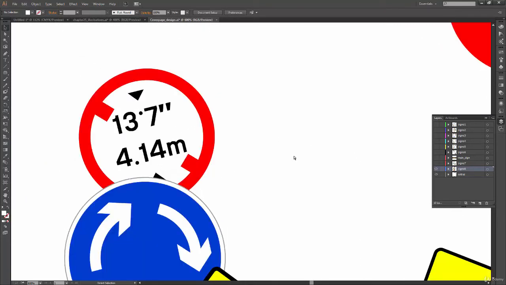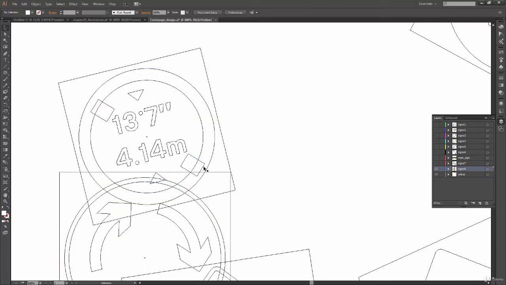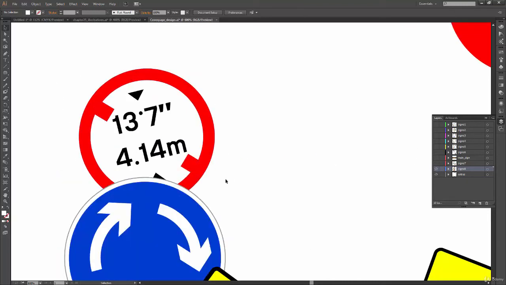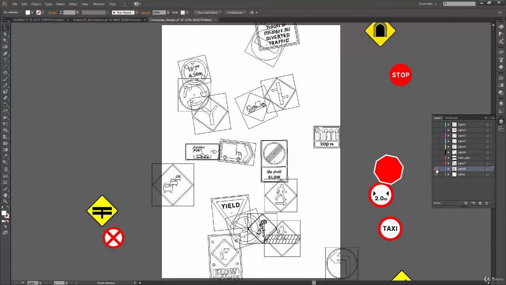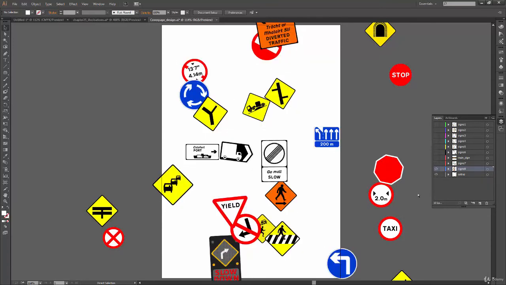So it looks like a single shape, but actually I put one shape above it to make it feel like this slash mark on the sign. So this is how outline mode works. Press Control on your keyboard and click on this eye to switch to outline mode, and then click again to go to normal view mode.